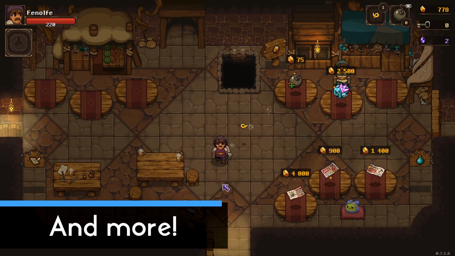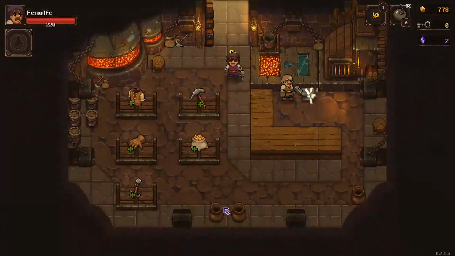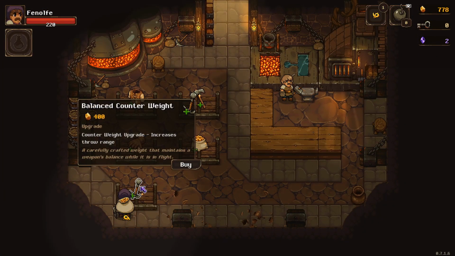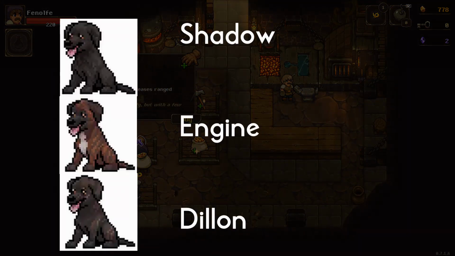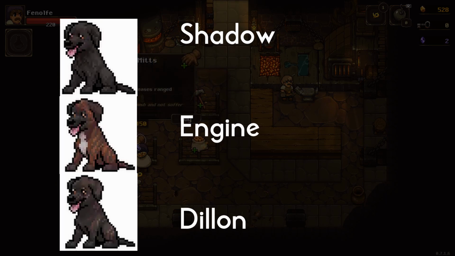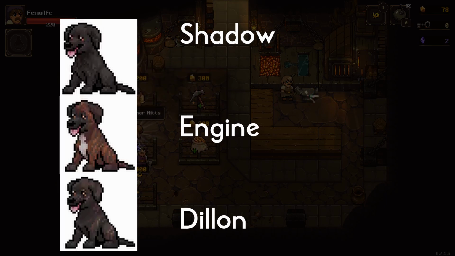Now, those were all the major unlockable friendly NPCs, but there are a few more friendly NPCs hidden away with some decent rewards, so let's just get started with all the remaining NPCs. Shadow, Engine and Dillion are dogs you may find in secret rooms. Now, if you pet them, they'll give you a random recipe, and afterwards they will join you in your base